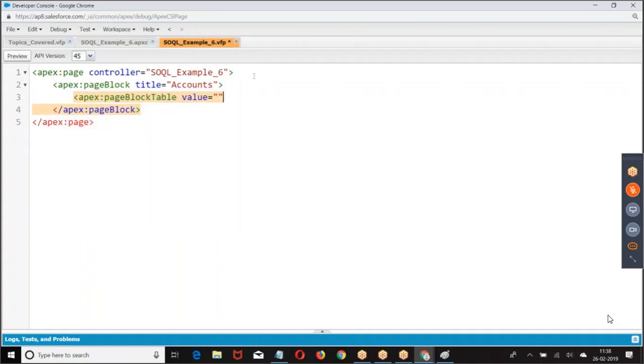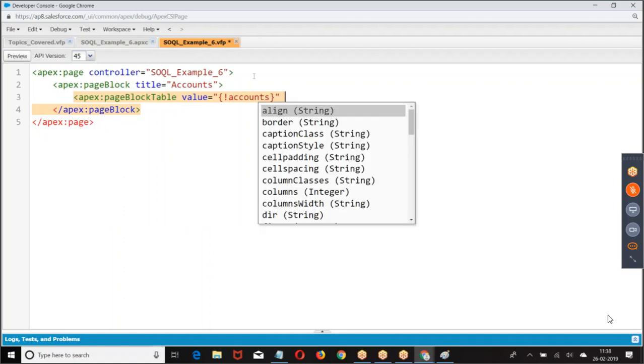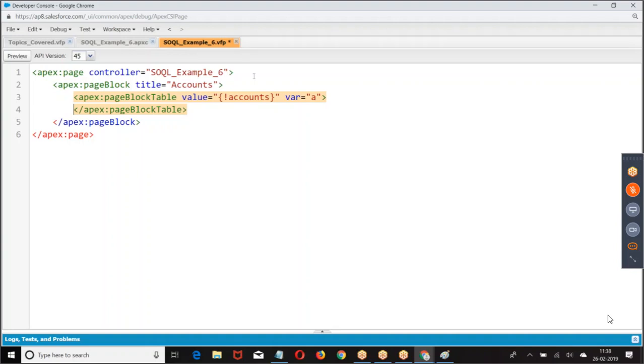Page block table, value equal to list of accounts with var A. A is referring to what? One account. Then I give apex column.